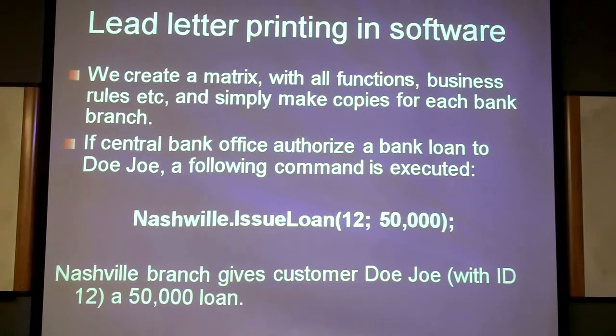But since this command is issued at the Nashville office, branch, we have to use this syntax. It says Nashville.issue loan. What it means is that we are working at the Nashville branch, and this command is executed at the Nashville branch, issue loan. Okay, and then this command is executed pretty much exactly the same as it will be executed in any other state. But we have to distinguish where it is issued by defining this branch, which comes first. You see the dot operator, which distinguishes between this branch and the command itself.